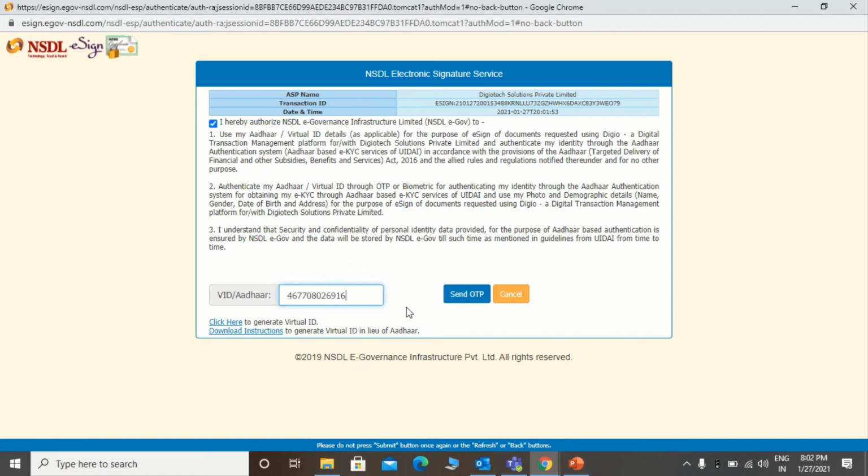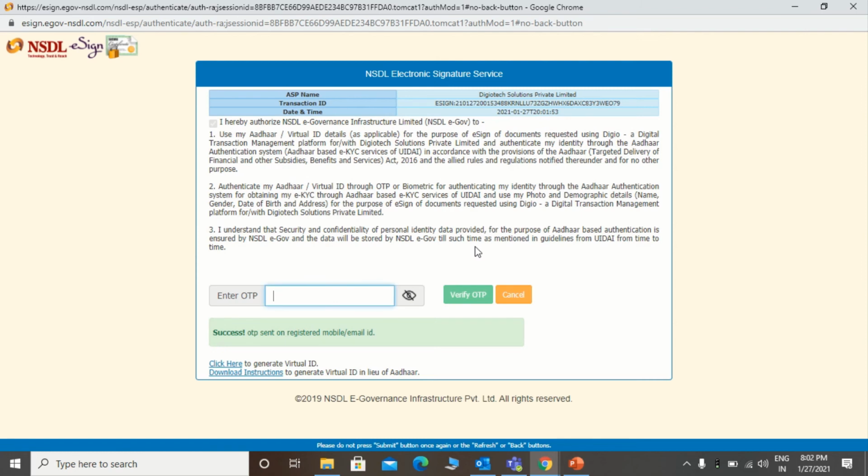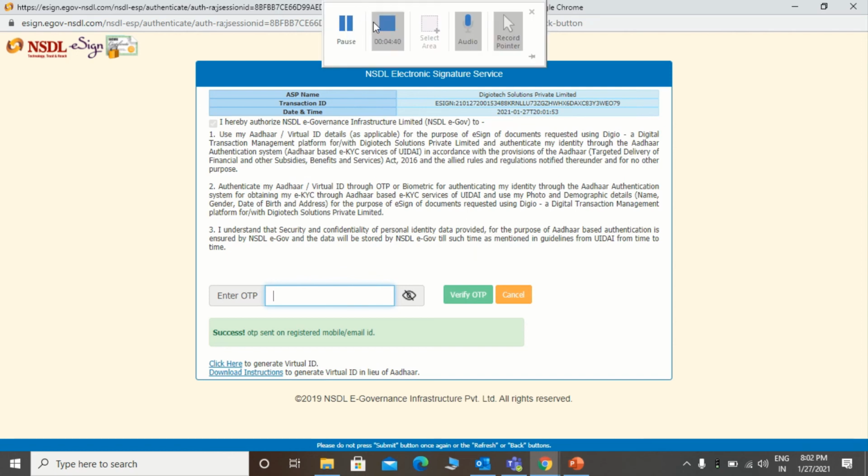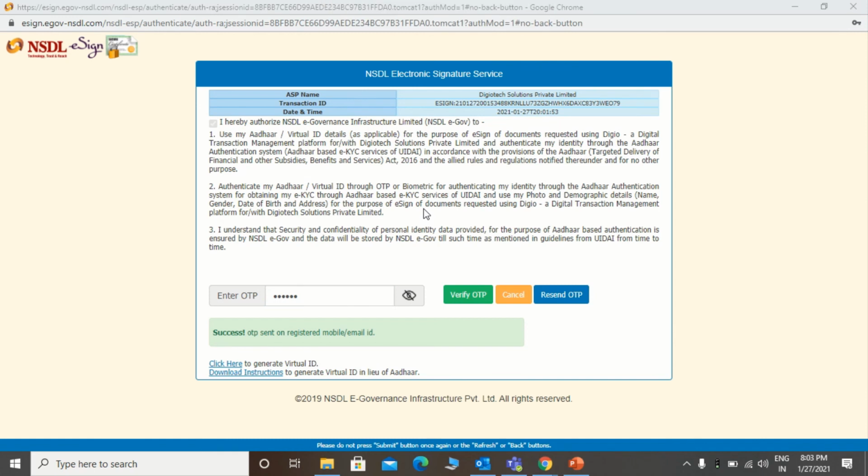Once you enter the customer Aadhaar card number, click on send OTP. The customer will receive an OTP. You can call the customer and ask for the OTP. Once you enter the OTP, please click on verify OTP.